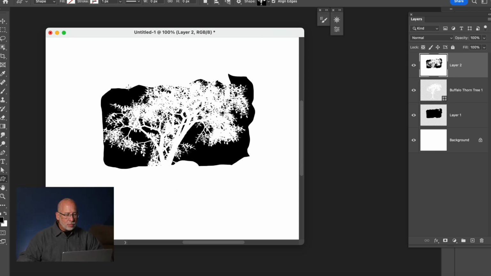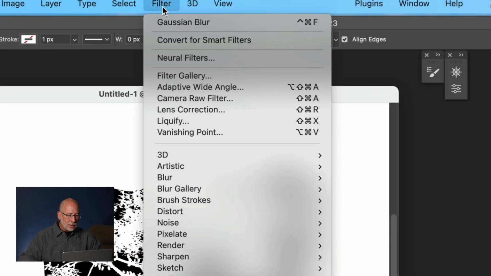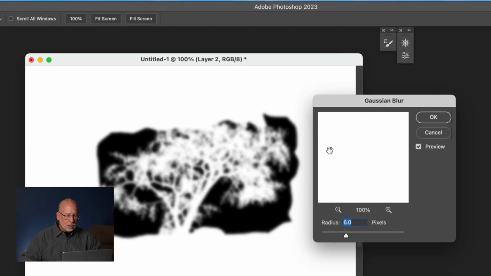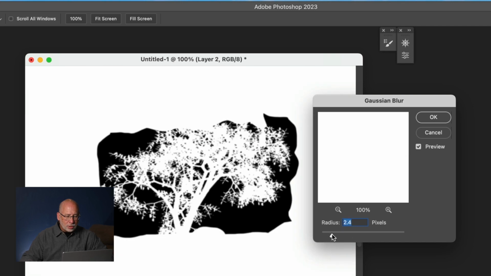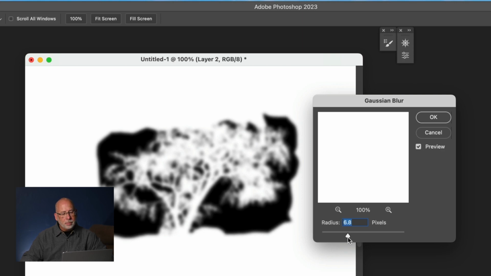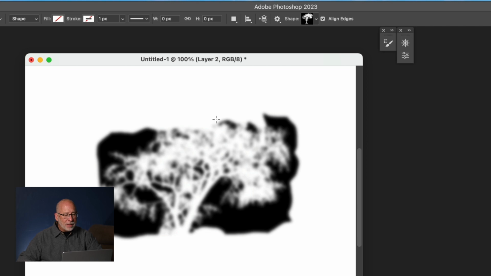So now what we're going to do is take this and blur it. So we'll go to Filter, go to Blur, go to Gaussian Blur. Now the amount of blur that you're going to use is going to be dependent on how big you made your file to begin with. So in this case, 6 looks pretty good. If you went up here, that's going to be too blurry, obviously, and down here is still a little too sharp. So in this case, I'm going to use about 6 or 7 just to give it a little bit of blur. That'll probably be just about fine. So we'll click OK, and now we have this blurry tree on a black background